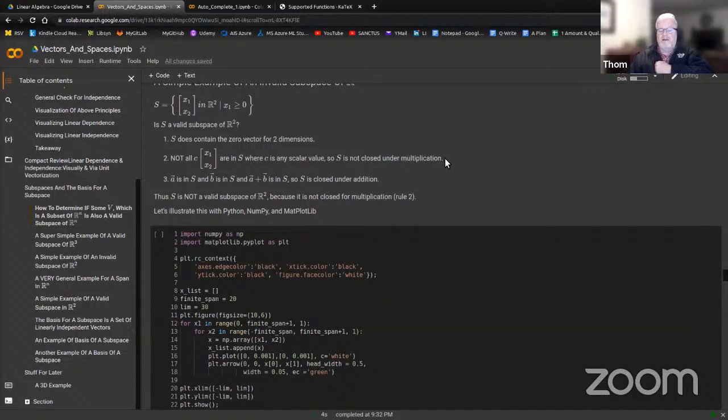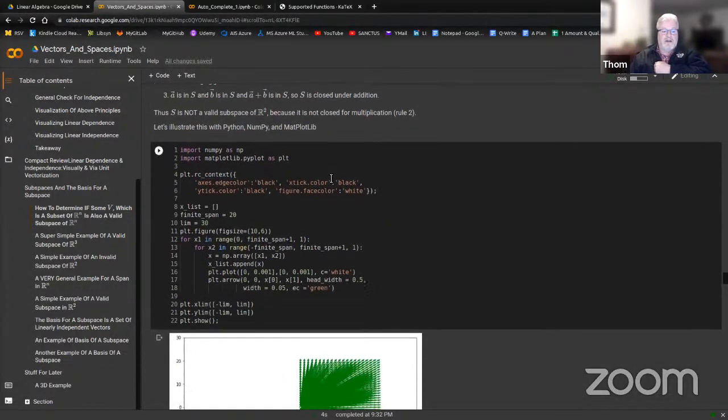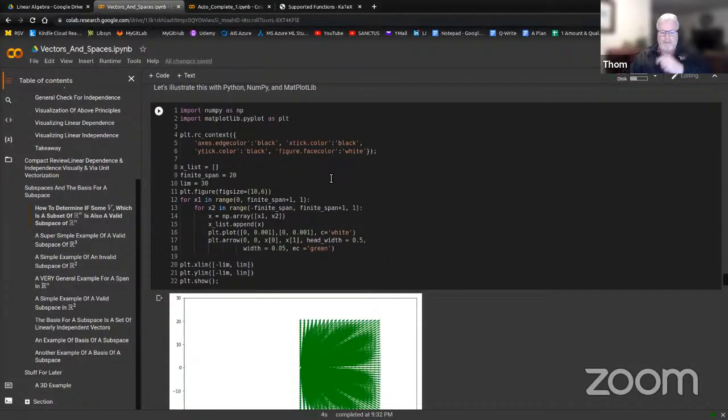so S is not closed under multiplication, but any A that's in S and any B that's in S, when added together, are still in S. So it is closed under addition. But what we're saying then is S is not a valid subspace in 2-dimensional real space because it's not closed for multiplication. It violated rule 2. So let's illustrate this with Python. And we did this last week. We've done it before. So first,